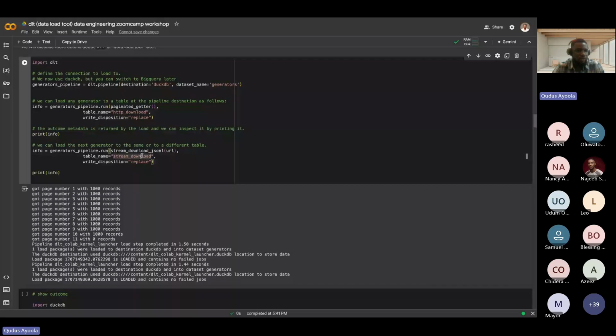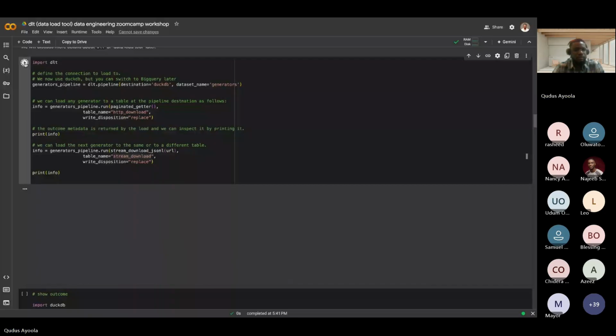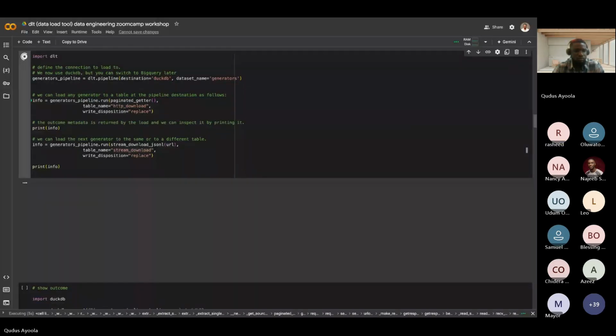So I can come here and run this. You can see the way your data is being extracted. It's picking the data from the source page by page, not loading all your data at once. As it's pulling this data, it is loading it into the DuckDB destination table page by page.